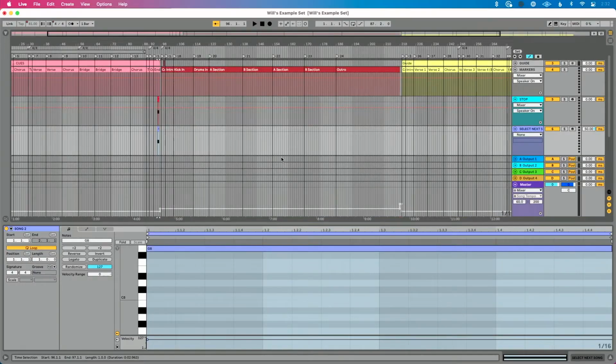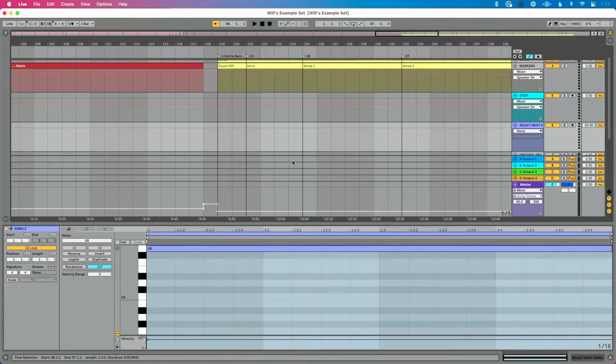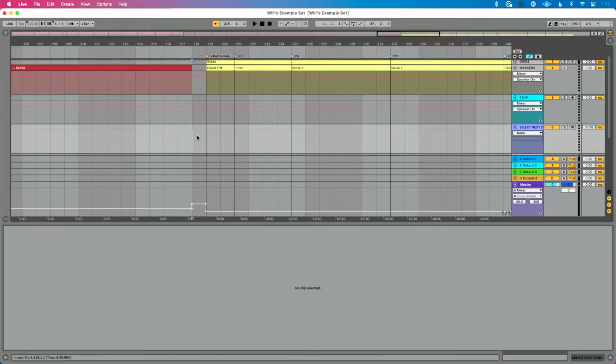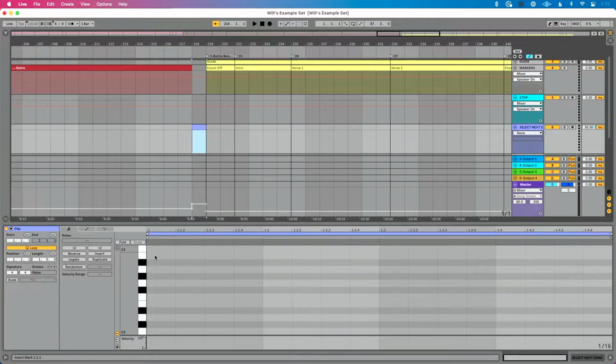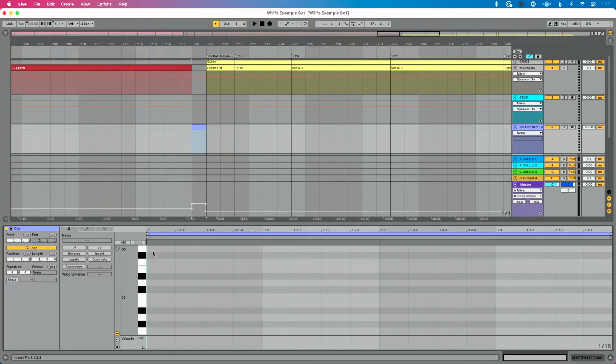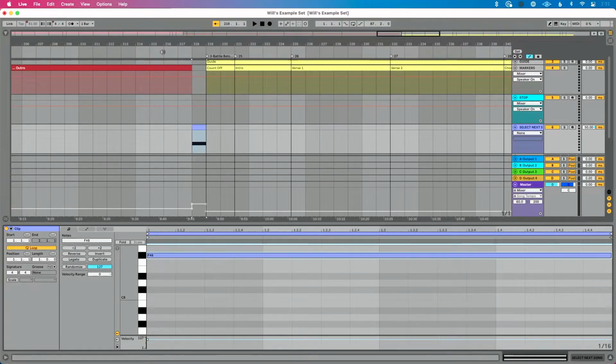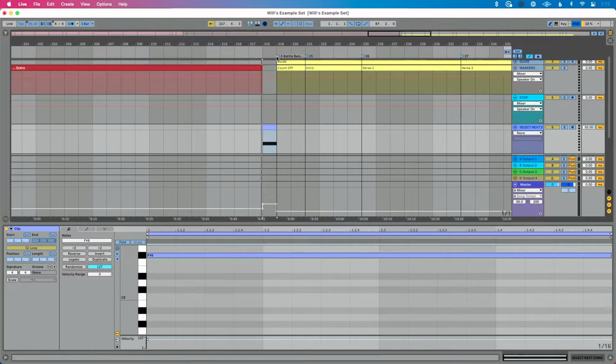But let me show you how I'm going to do this just to make this happen really quickly. I'm going to go to my song track here, select the next song track. I'm going to select the amount of space, Command M. I know that song 2 is G8, so just so I don't interfere, I'm going to do F#8, and then to be a good citizen of the world, I'm going to drag the note to be the entire length of the MIDI clip. We'll do Command M, and then we're going to play that, and then we're going to select